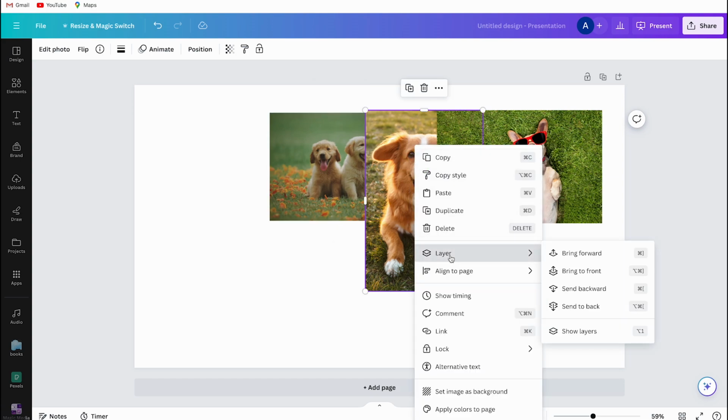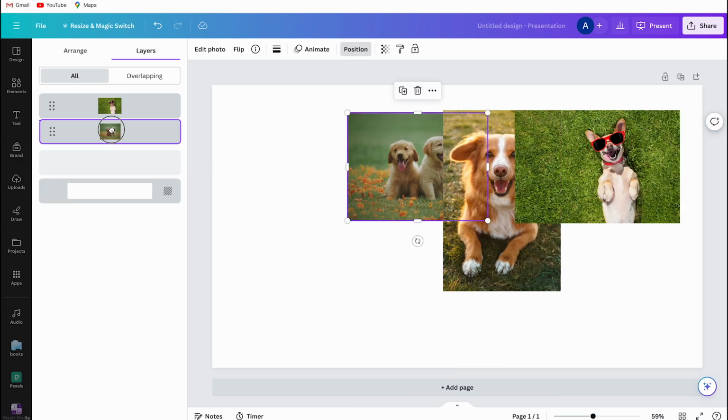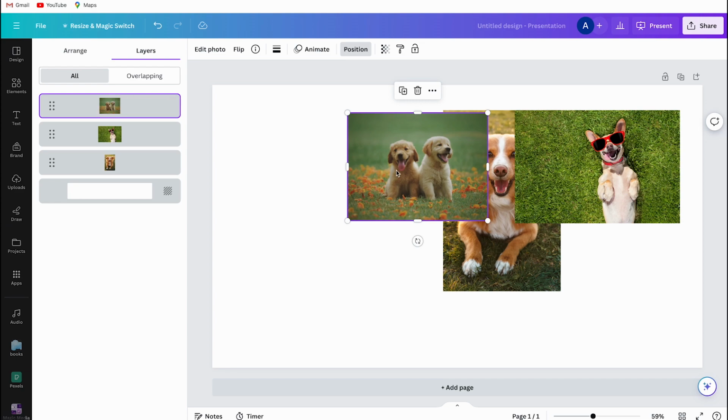appear, but the menu will only appear if you layered your photos already. And then you need to select the layers and then show all layers, and then you can easily change the